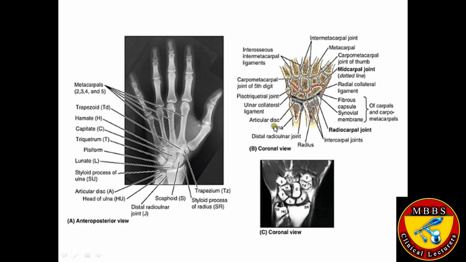Now you can see over here, these are the metacarpals, these are the carpal bones. You can see they are forming the joint over here, the carpo-metacarpal joint, or the mid-carpal joint over here. You can see over there, that is the carpo-metacarpal joint, mid-carpal joint, and radiocarpal joint over there. And the radiocarpal joint is a small joint, again forming in between the radius and the carpal bones. Over here, you can see.